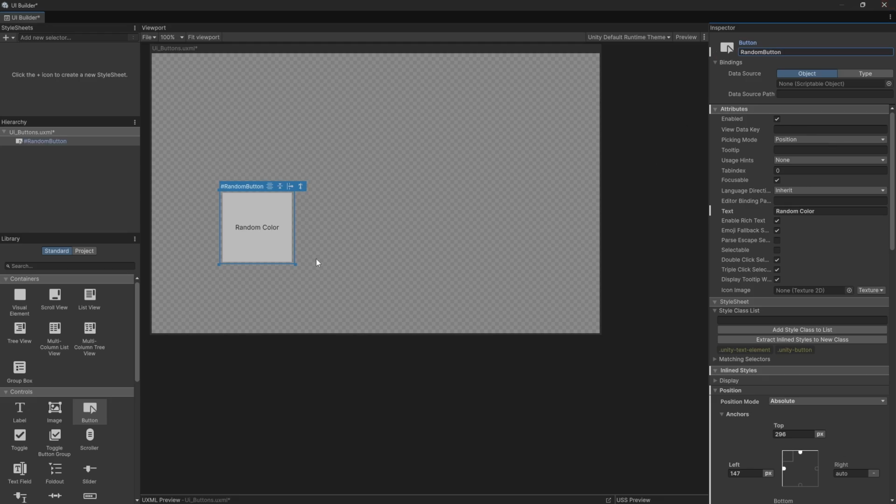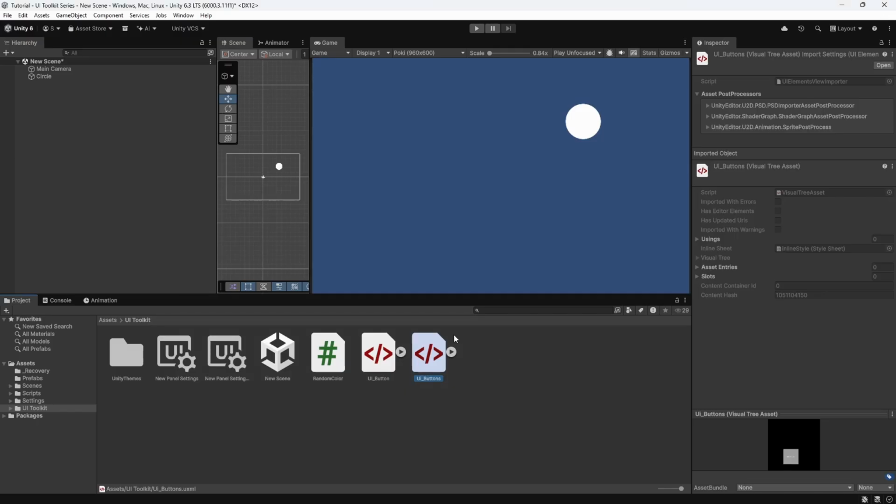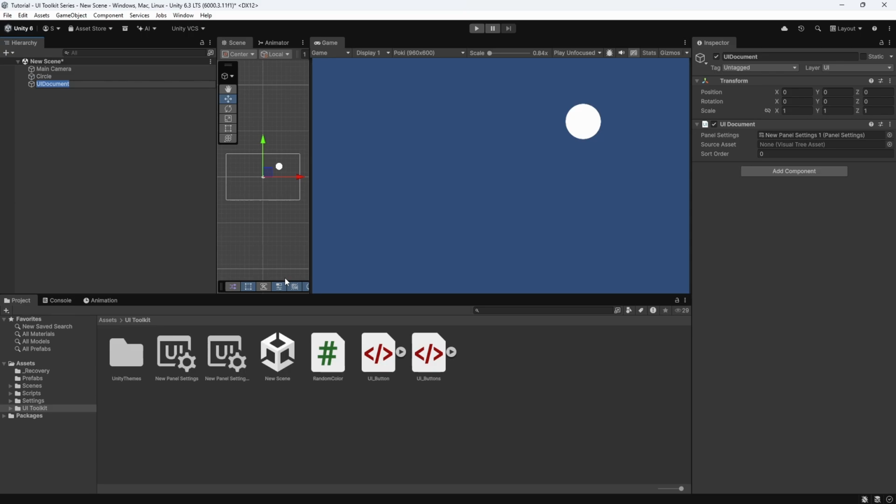Okay, random button here, because you will need this name in your script later on. So let's press Ctrl S to save it, and close it. Now let's add these UI toolkit buttons onto the hierarchy so you can display the UI in the scene. Right click in the hierarchy, UI Toolkit, UI Document, and just rename it